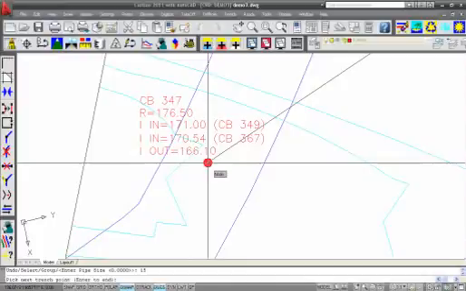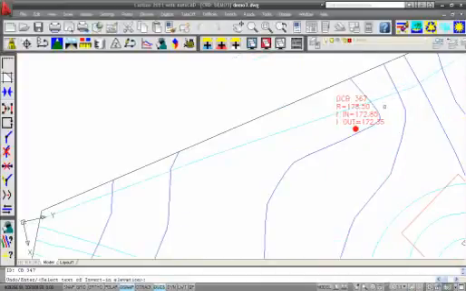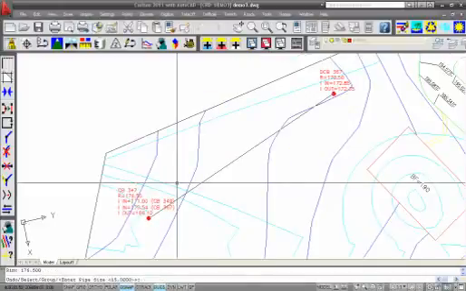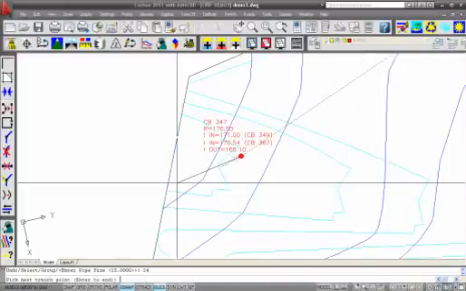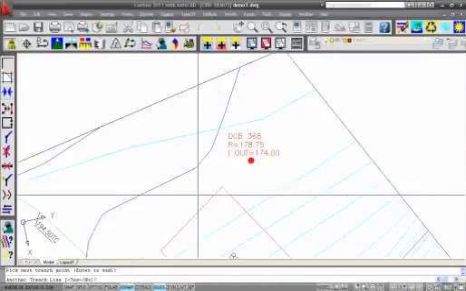All right, and I'm going to go here. Manhole ID 347. The invert in from, this is 367. So I click on 367, and the invert out, and the rim. Okay, and let's call this 24. Okay, pick next trench point. We'll do enter to end, and now it says another trench line. I'm going to say yes,